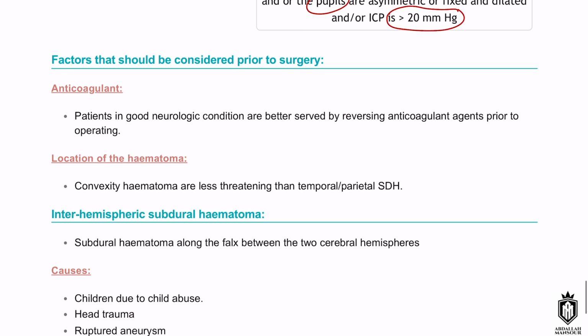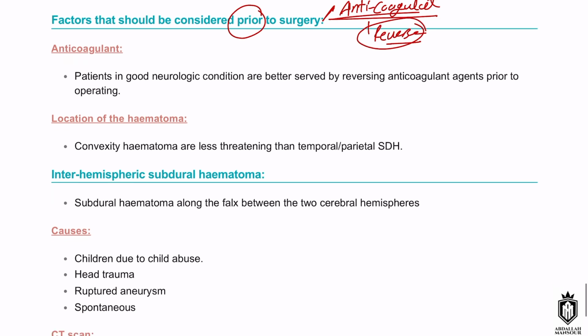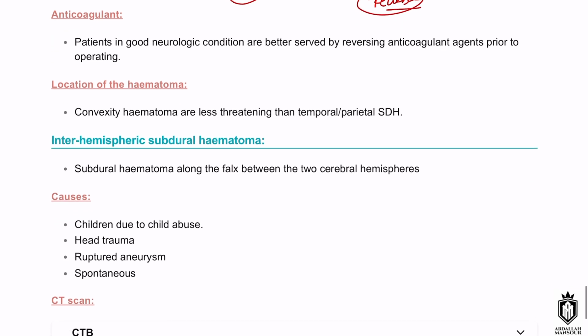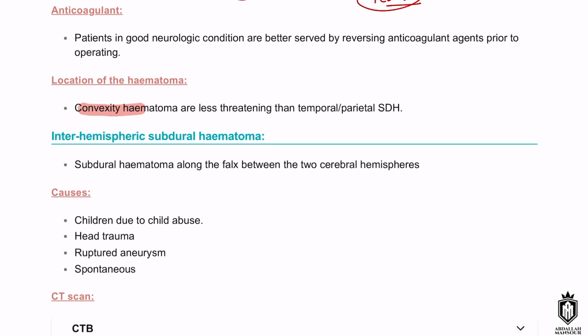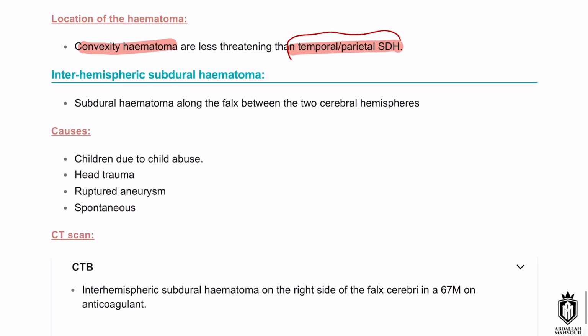What are the factors that should be considered prior to surgery? The factors are, first of all, looking at the patient's anticoagulation, or if they have been on any kind of anticoagulant medication, and try to reverse that before taking them to theater, because that will, of course, increase the risk of bleeding. And also the location of the hematoma. Usually the convexity hematomas are less threatening than the temporal or parietal subdural hematomas, which are quite deep down in the brain. The interhemispheric or the falcine